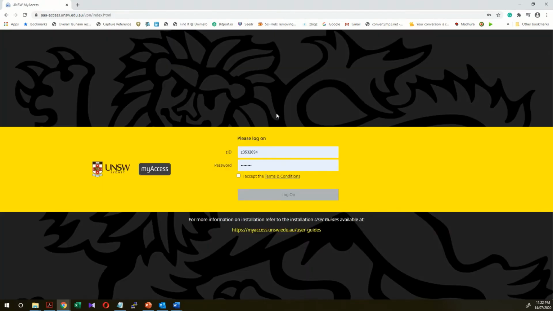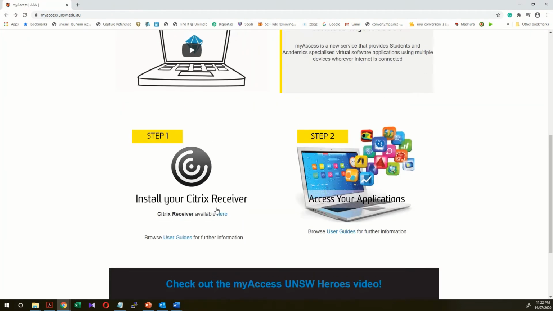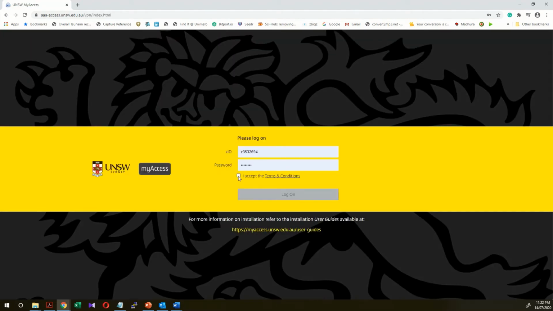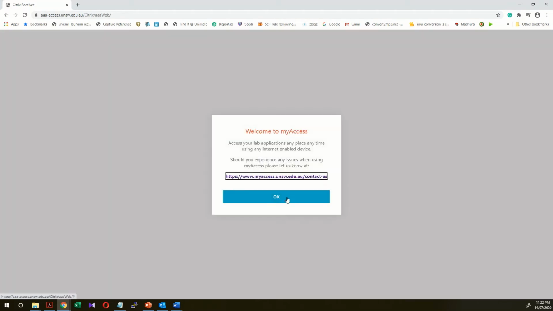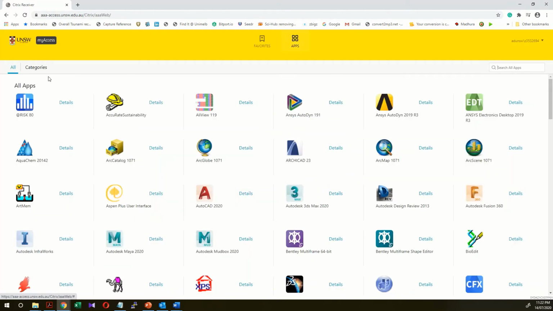So you just go to my access web page, and you need to install the Citrix receiver, right? Click on it, and you can enter your ZID and password and log into the system, right? Then you can simply search for precision tree,